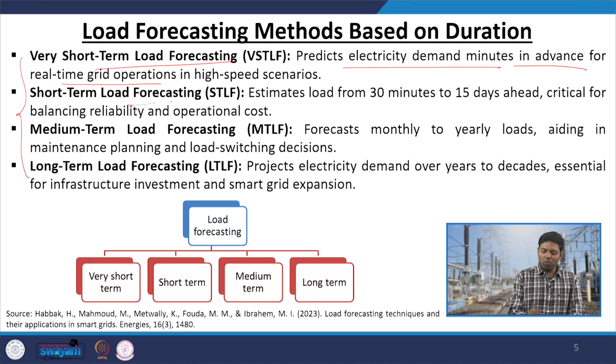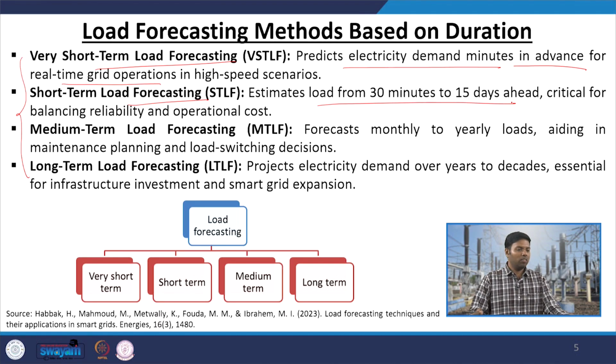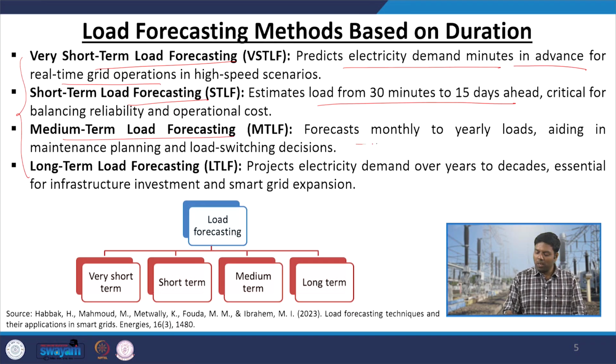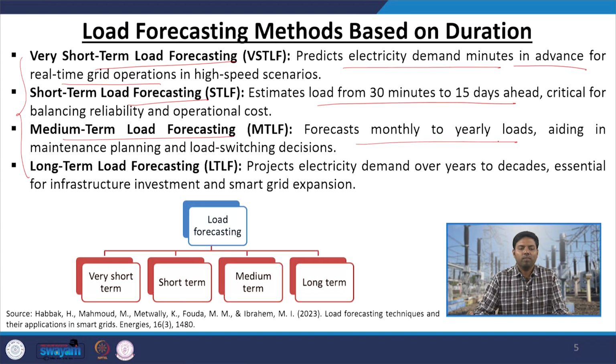Then you have short term load forecasting, where you are doing it for 30 minutes to 15 days ahead. Then you have medium term, which is for monthly and yearly basis. That means the forecasting you are doing for 1 month prior or 1 year prior, that is your medium term load forecasting. Then at the last you have long term load forecasting, which is for years to decades,